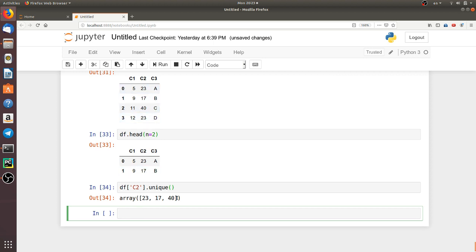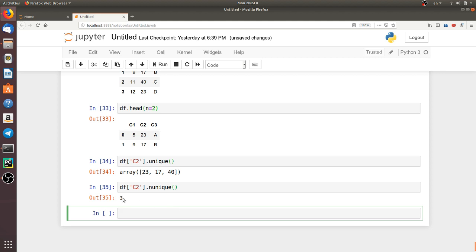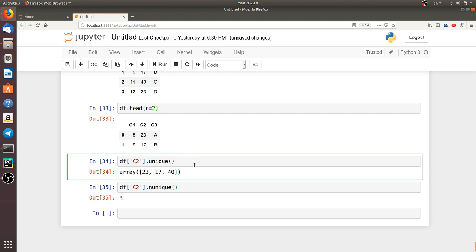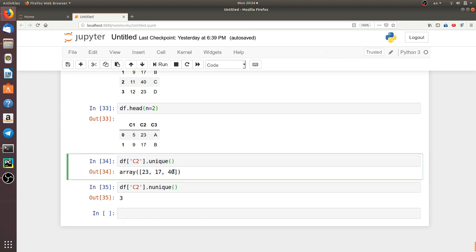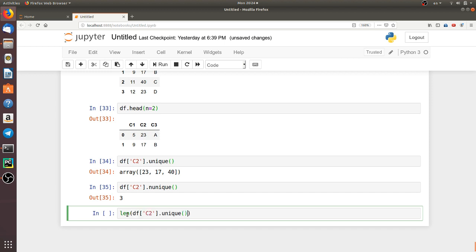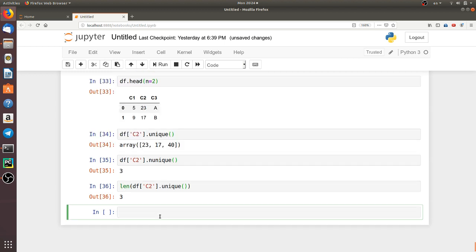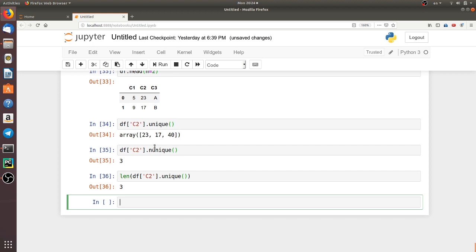If I want to know how many unique values I have in this column, I could use nunique. So you just need an n in here to get the number of unique values. Sometimes maybe you are more comfortable to use len. So first you could extract unique values and then get the len of that array. Okay,